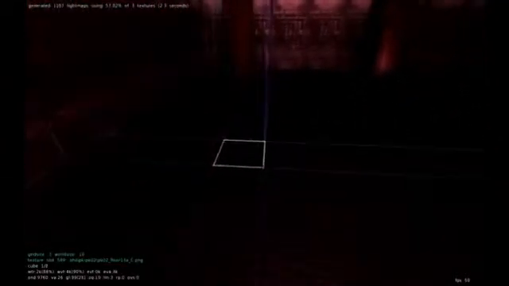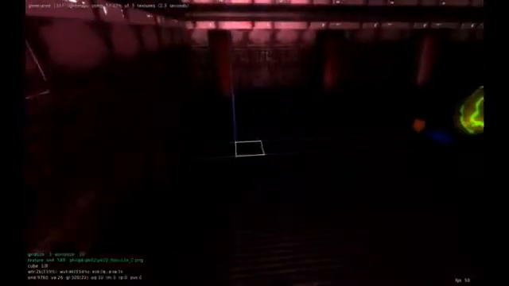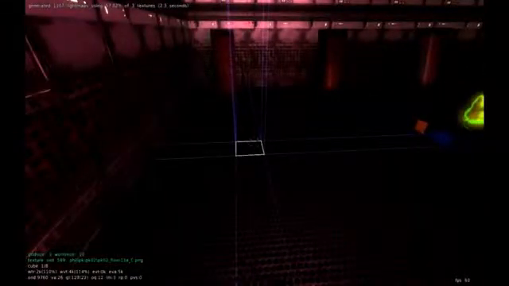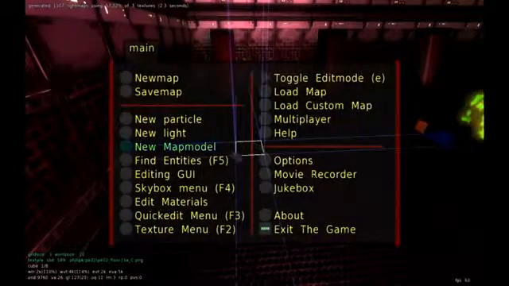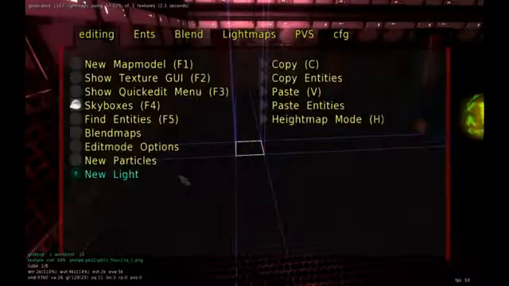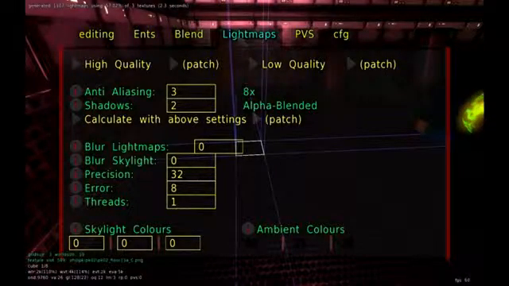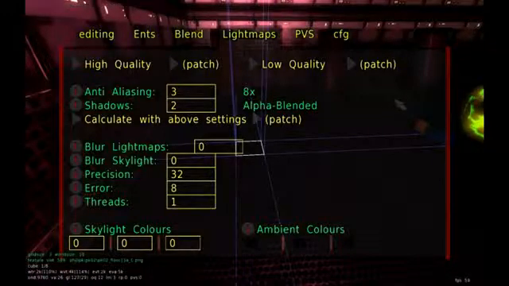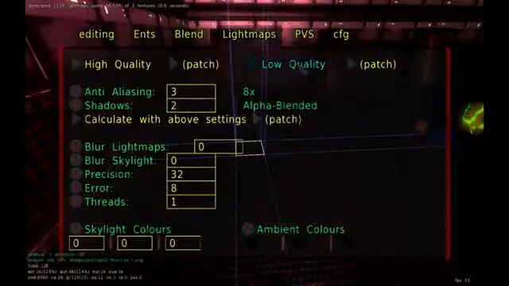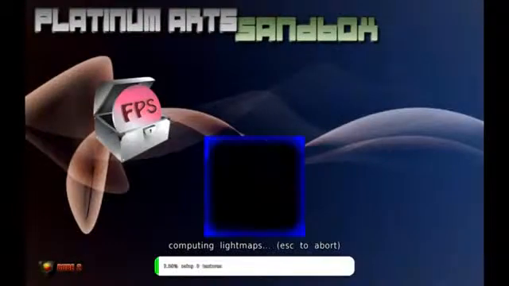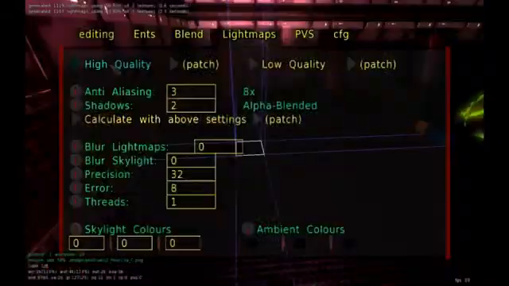Another technique we can do is our patch lighting. So I'm going to go ahead and press Escape, and I'm going to go to Editing GUI. And what I want to do is go to Light Maps, right here. If you want more control over your lights, you can change some of the ways that it's generated into the game. We can set a lower quality, which is going to make it speed up much quicker,